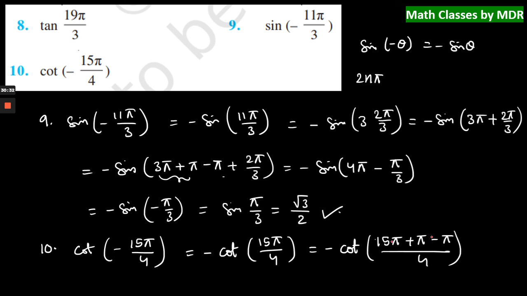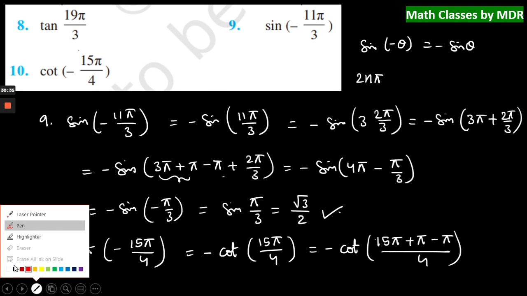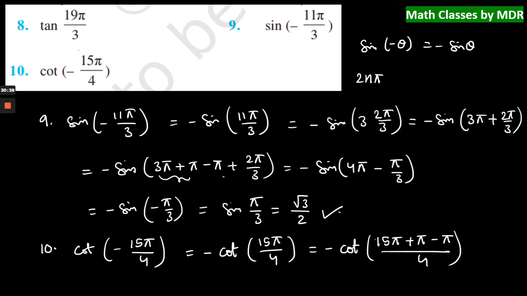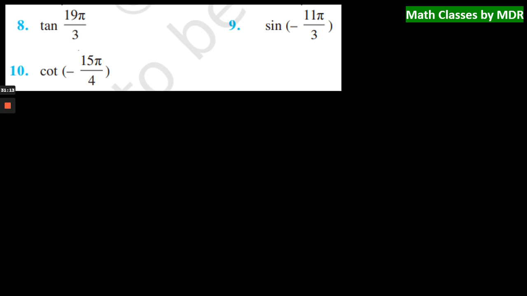Why have I taken 15 pi plus pi minus pi? Because if I add pi here, I will get 16 pi by 4, which is 4 pi. It is a multiple of 2 pi. By looking at the denominator, you can decide where to stop. Maybe you have to stop at 8 pi or 16 pi, 24 pi. Either you have to take 8 pi plus something or 16 pi minus something, so that we will get the multiples of 2. 8 by 4, 16 by 4, right? 20 by 4 is not a multiple of 2 because it's 5. Similarly, 12 by 4 is also not a multiple of 2. 12 by 4 equals 3, right?